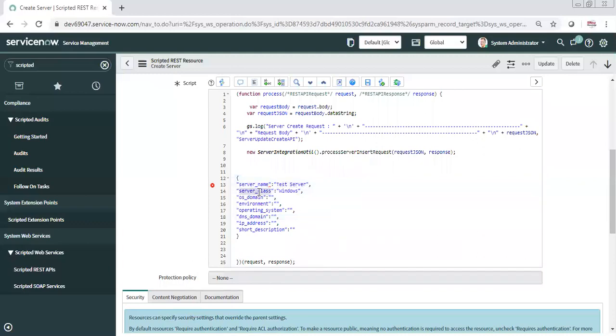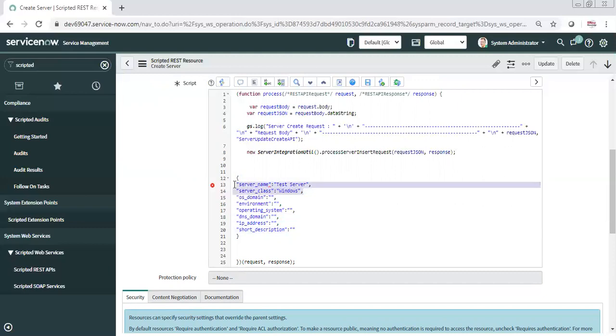Then the class, because they have to tell whether they are sending a Windows server or a Linux server. So we want a key in my JSON which tells me whether it is a Linux or Windows server. Then other fields: we want OS, domain, environment, the operating system of the CI or server, domain, IP address, and description.